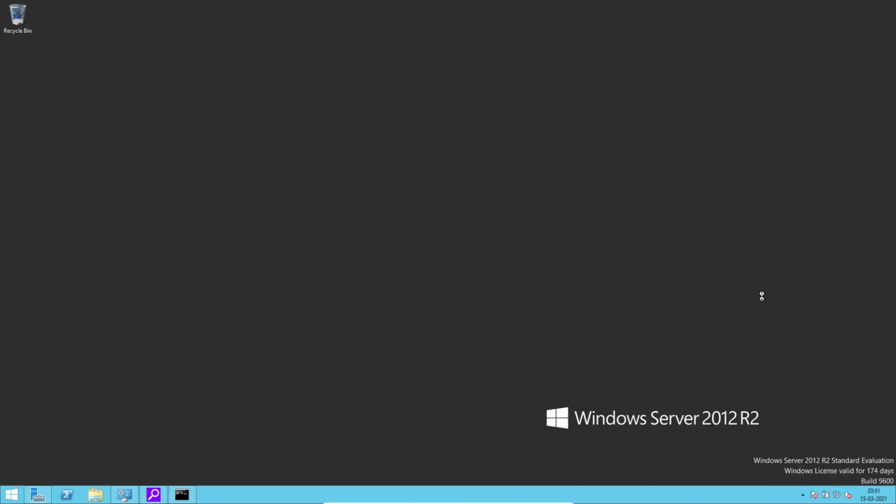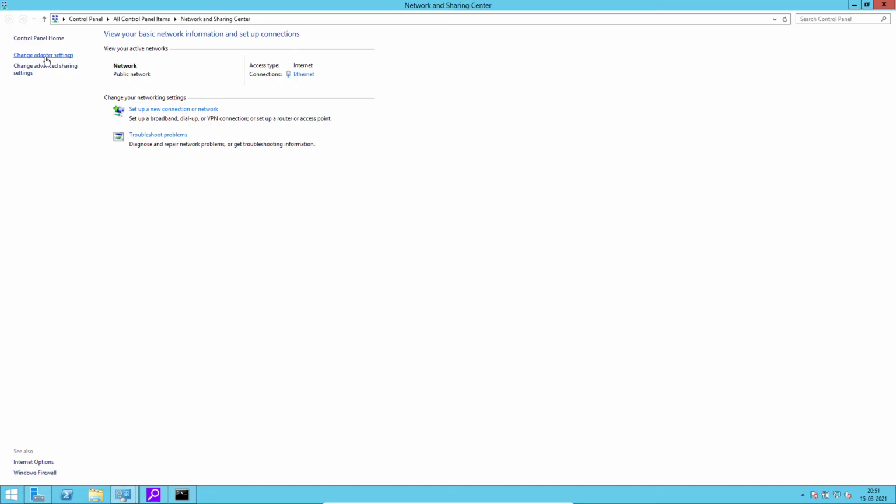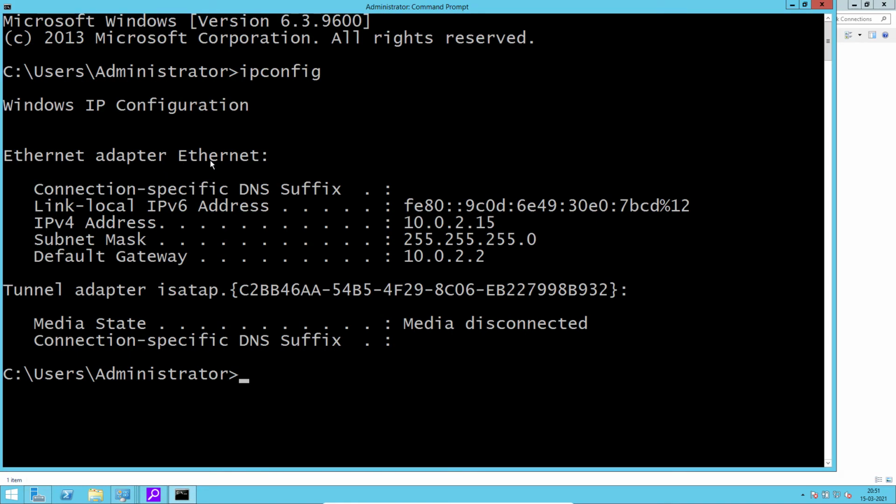Right click, then open network and sharing settings. Change adapter setting. See here students. This is your Ethernet. Okay, this is your Ethernet connection on which my system is connected. So it is showing here Ethernet adapter. Fine. It will show it automatically. You don't have to worry about that.